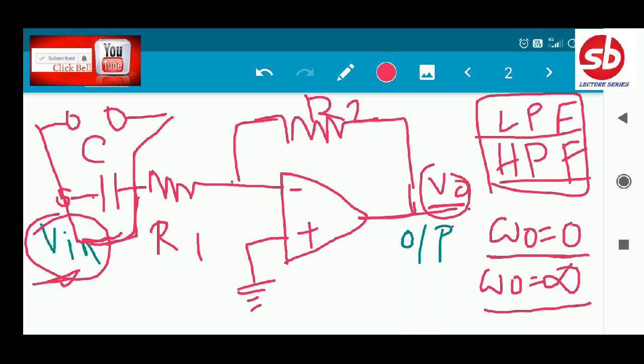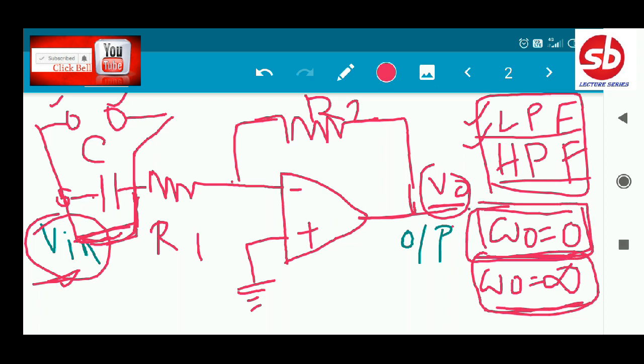I am again repeating, whether you are being asked to find out if the filter is a low pass filter or a high pass filter, you have to just put two conditions, whether the frequency is low and the frequency is high. In the case of low frequency you have to just open the capacitor, and for high frequency you have to just short circuit the capacitor. Now in the low frequency case, after opening the capacitor, you can see that the input is disconnected from the circuit, so there is no input in the circuit, so there is no output.